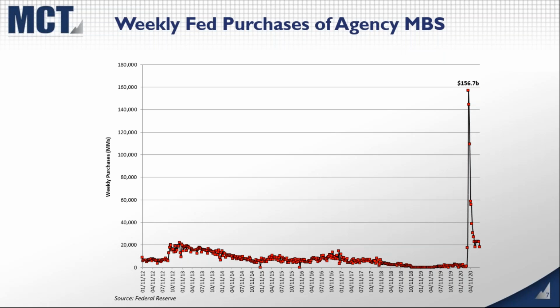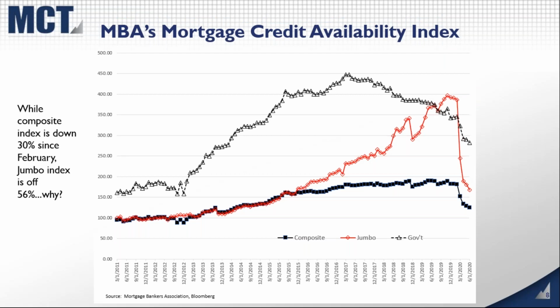But the other thing to keep in mind is, if you look at the left side of the graph, that's what the Fed was doing in mid to late 2012, when they really started the program of quantitative easing and purchases. So the performance that we mentioned in the previous slide is certainly being enhanced by the fact that the Fed still remains a very active buyer of agency MBS, even though they're buying nowhere near what they did in March and April during the height of the disruptions in the MBS market.